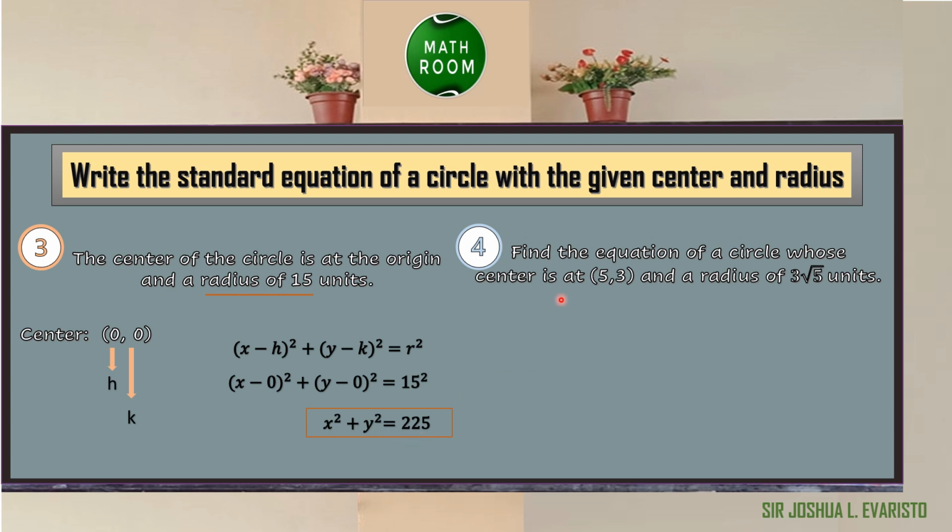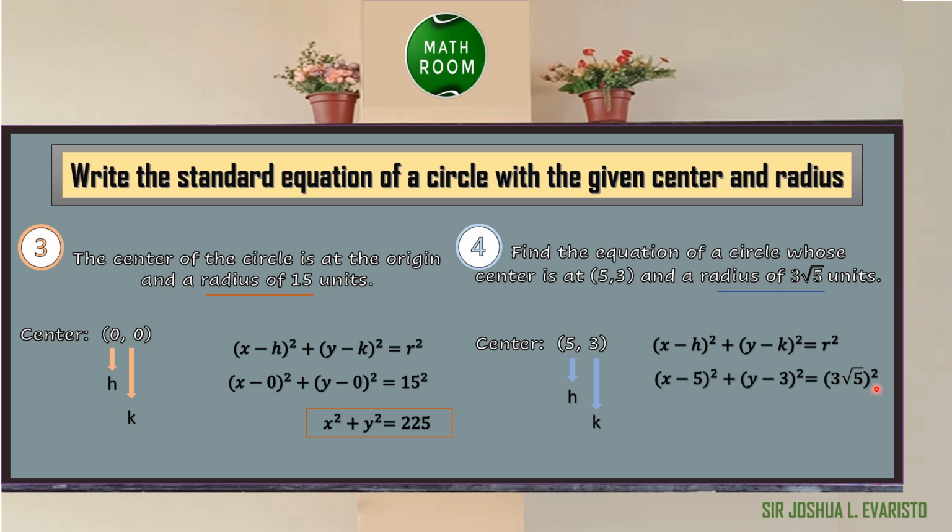For number 4, find the equation of a circle whose center is at 5, 3 and the radius of 3 square root of 5 units. Since the center is 5, 3, our h is 5 and our k is 3. Also, the radius is 3 square root of 5 units. Writing the standard form of the circle and substitute the given values. So we have x minus 5 quantity squared plus y minus 3 quantity squared is equal to 3 square root